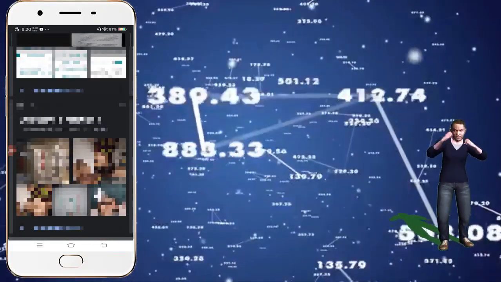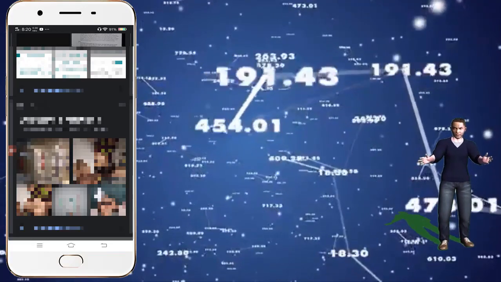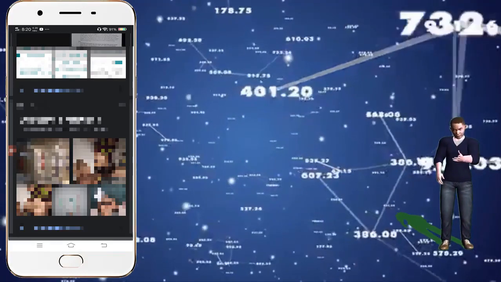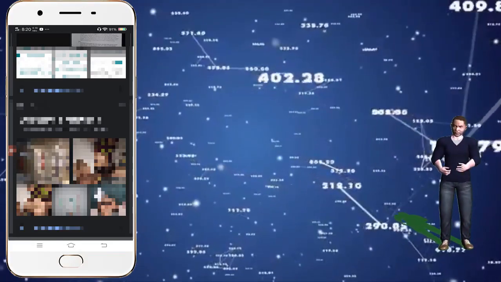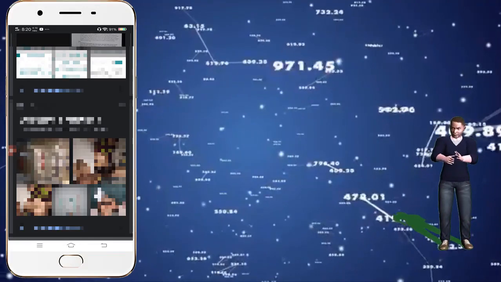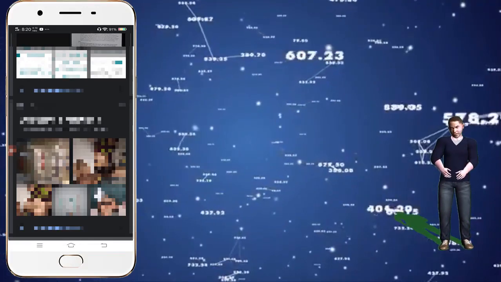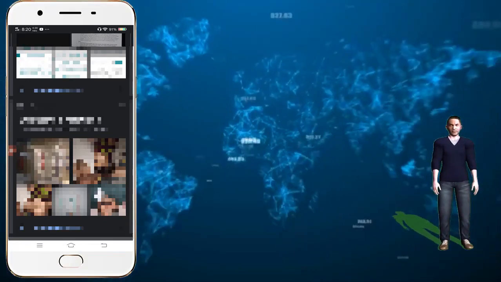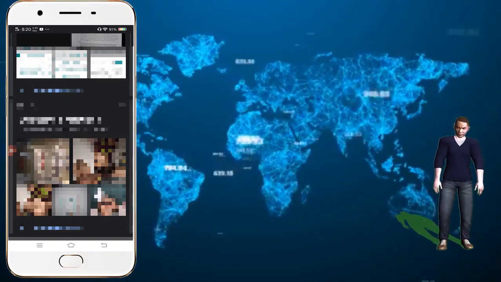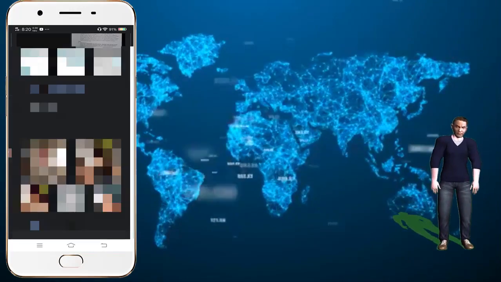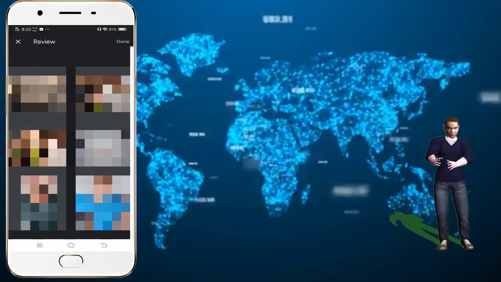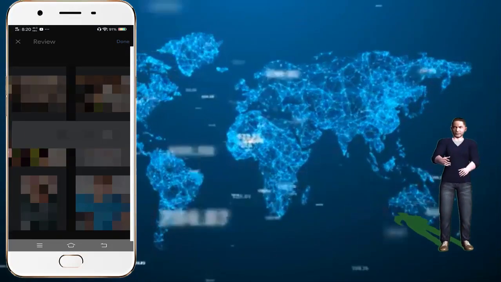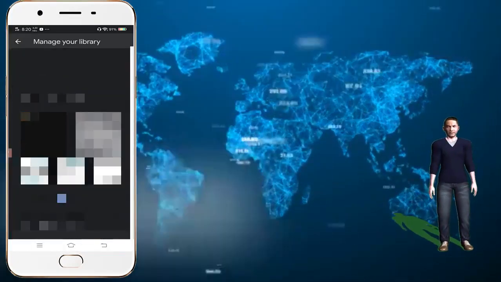You can rotate your picture in just a single click. Mostly we take pictures at all types of angles, and most of the time pictures change their angle horizontally and vertically. So Google Photos will recommend that you rectify them, and we can rectify them in a single click. As you can see, these are the pictures which are updated in a single click.